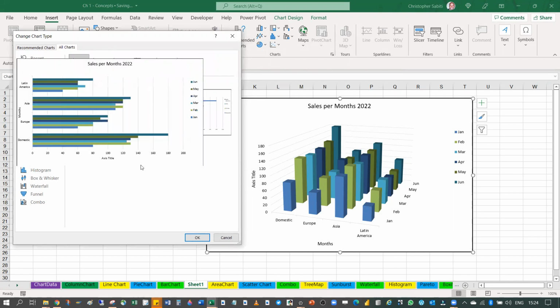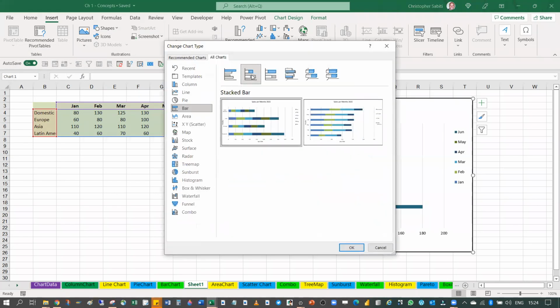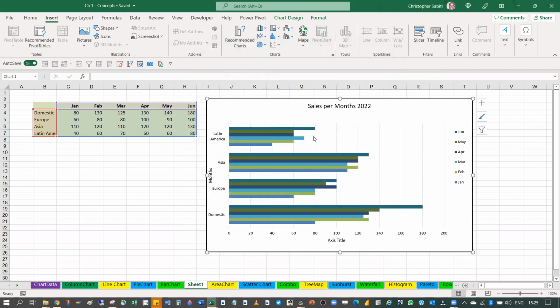So when you go to bar, like what we have started with, you see it is the same as this. But this one is in a horizontal mode, the other one was in a vertical mode. So there are many ways also, bar has stacked. It also has 100% stacked and the 3Ds. So that is it. Now, for the data we are having, you can easily present this data in bar charts